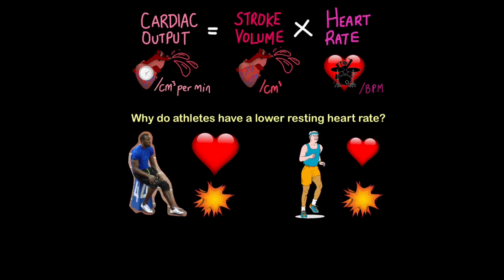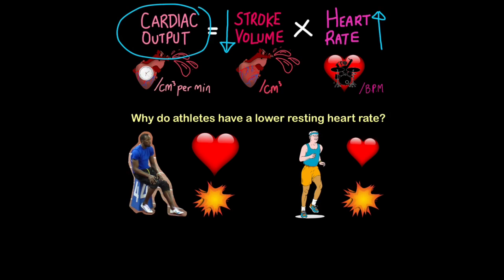Now we can answer the question. You see, if everyone's energy demand at rest is roughly the same, then everyone will need roughly the same cardiac output. In other words, the same volume of blood pumping around their body every minute, because that blood carries oxygen and glucose needed for respiration. Now, athletes are likely to have much higher stroke volumes because they exercise their hearts more regularly. That means they can afford to drop their heart rate to achieve the same cardiac output, whereas a less fit person will have a lower stroke volume and therefore their heart rate will need to be higher